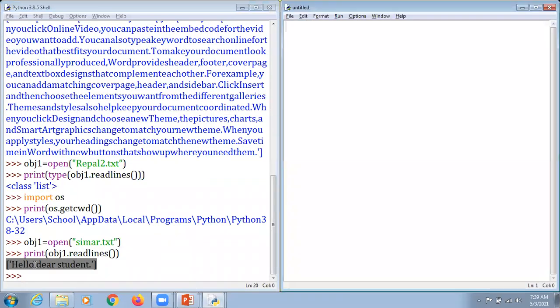So, my dear respected students, I'm just going to type obj1 is equal to open, and I'm just going to take this A12345. This is the name of the file here. Because we are supposed to perform this, I'm just going to mention it as a+, and hopefully you know what the meaning of a+ is. Kindly give me responses in the chat box, what is the meaning of a+?